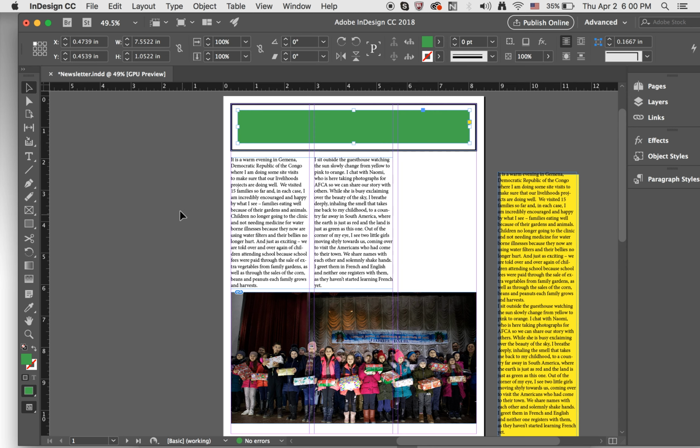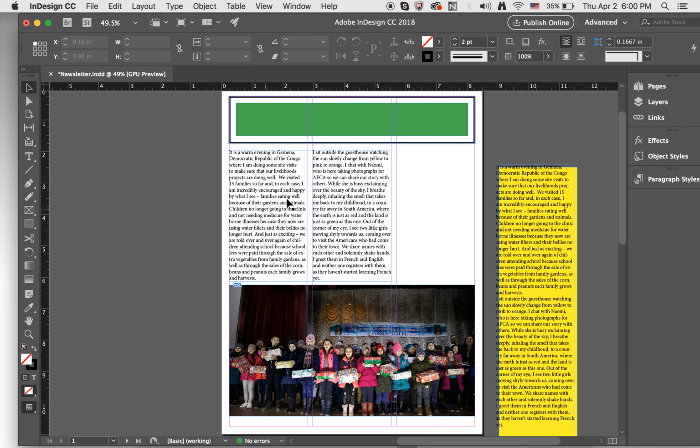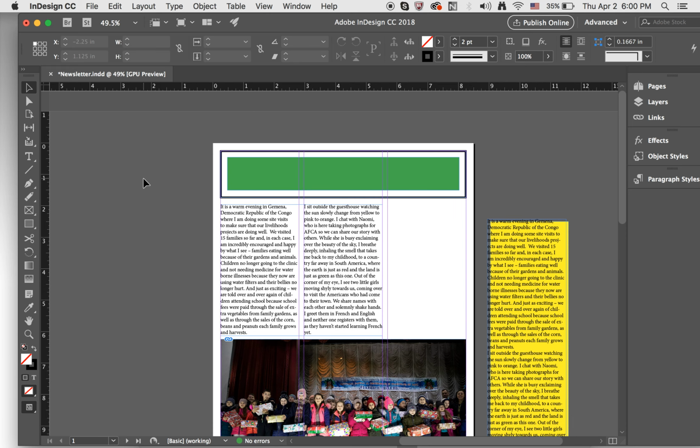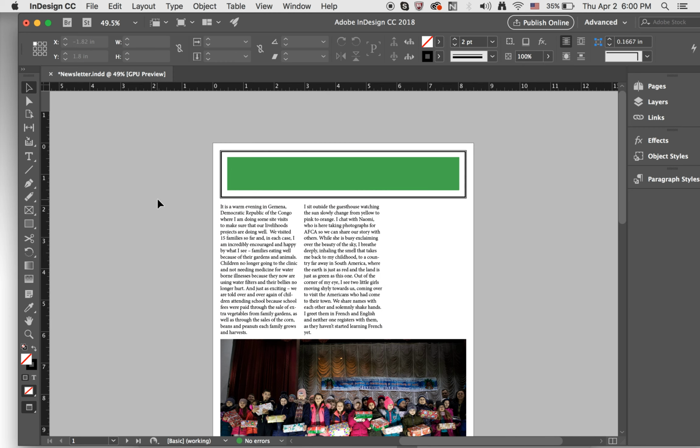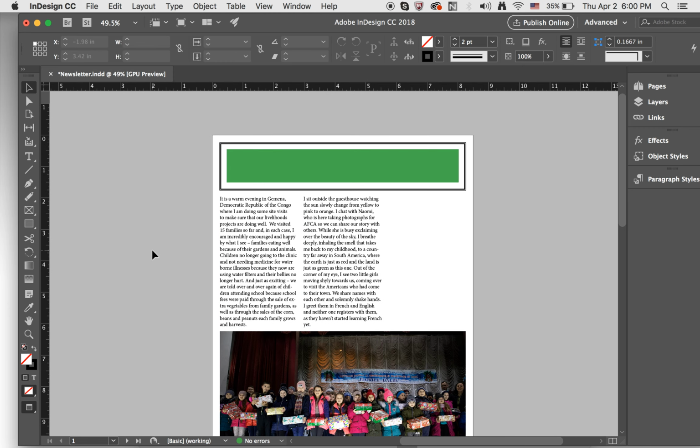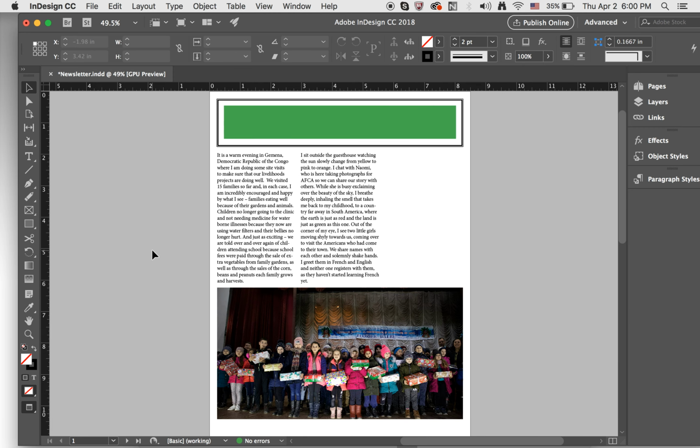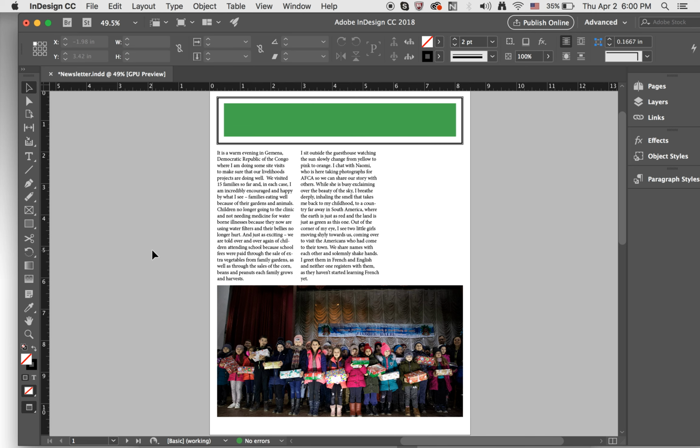Now, anytime you want to look at your InDesign newsletter without the lines and the gutter and all of these frames, all you gotta do is click outside your newsletter and hit the key W. And you see when I hit W, everything is gone, and that's all I have here. It kind of gives me a preview of what my newsletter would look like if I would print it now. If I want to go back to the lines and the rules, all I'm gonna do is hit W again,